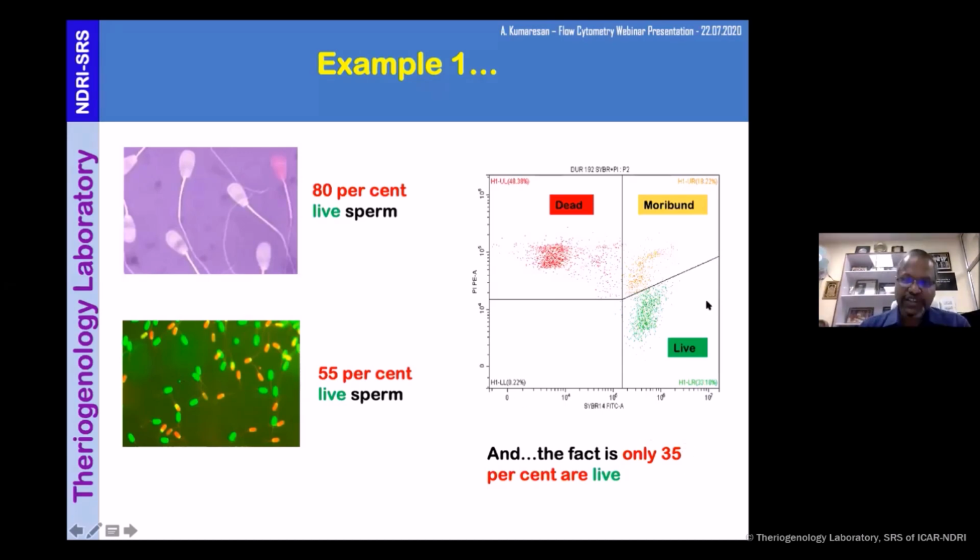Because these two techniques, fluorescent microscopy and flow cytometry, can differentiate a third population called the moribund population, which normal eosin-nigrosin cannot diagnose. This population is very important because it is detrimental to the living sperm as well. If a semen sample contains a large amount of moribund spermatozoa, it is bound to have a negative effect on the living population, carrying them away also, towards death. So that is what traditional semen evaluation gives, and what advanced semen evaluation gives. Now you know, it is in front of you.